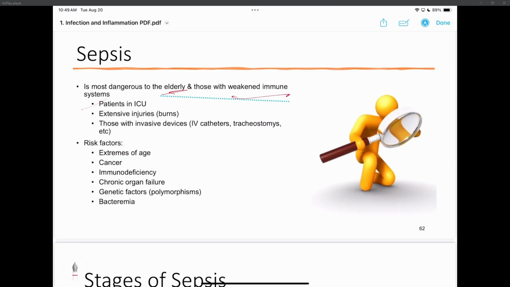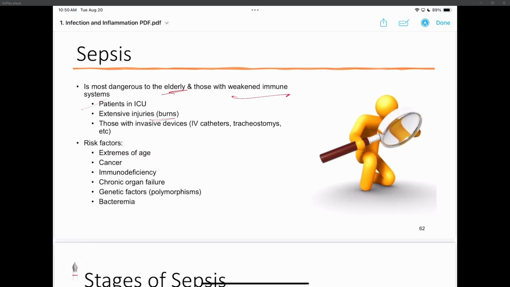Hospitals are not clean places. Okay, we think they're clean, but you don't want people to stay in the hospital for long periods of time. You want to get them out. And obviously, the ICU is the sickest place, so cross-contamination can occur the longer you are in the ICU. Also, what puts you in the ICU in the first place can also dictate how susceptible you are to sepsis.